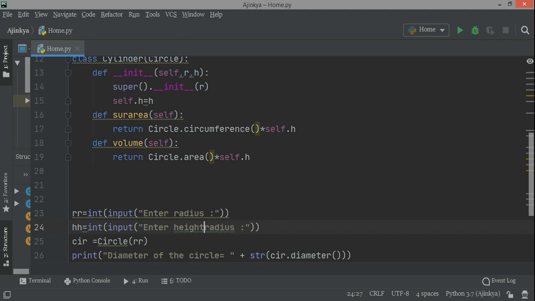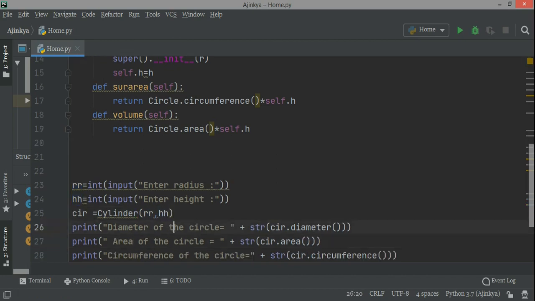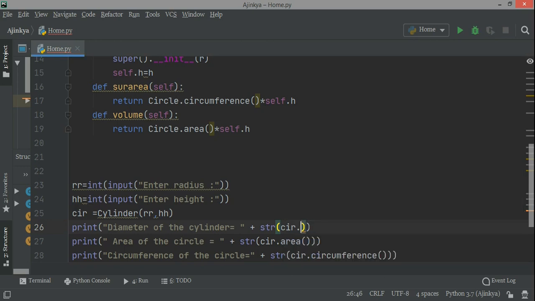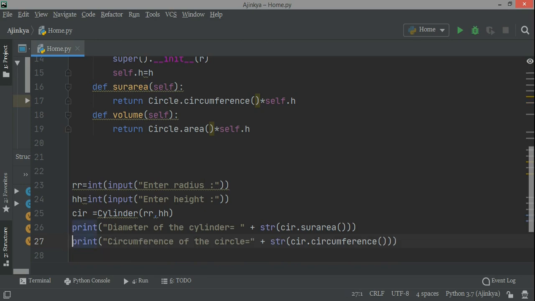Okay, so I have kept some lines from the previous code, so I'm just copying and pasting to save my time. So rr equal to radius, I need one for height, so I make it hh. Just I'm writing rr so that you can have some difference with the r declared there and rr here, because since it is a learning phase, you should avoid having the same name. So now I created the object cylinder, so the name is still cir, but now I'm passing the two arguments rr and hh. So the diameter of the cylinder does not make any sense, so this is just useless.